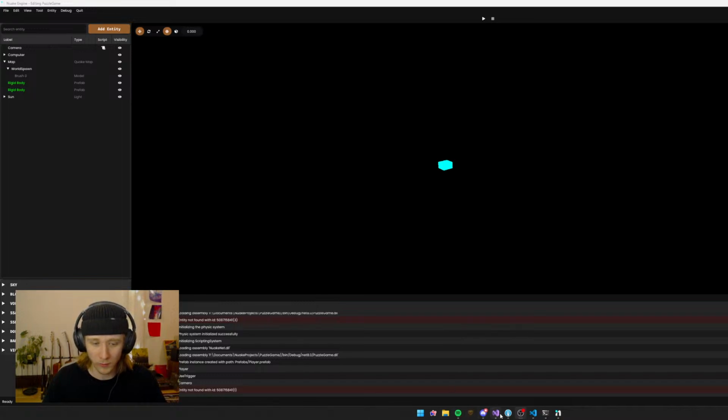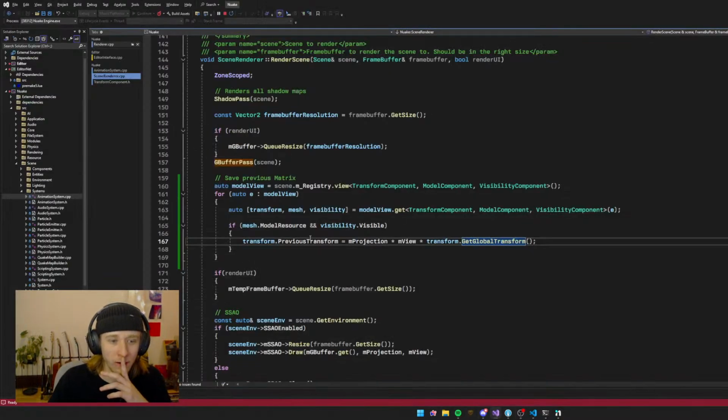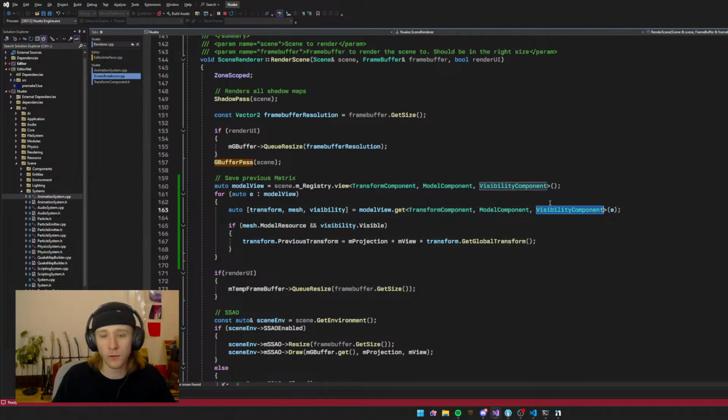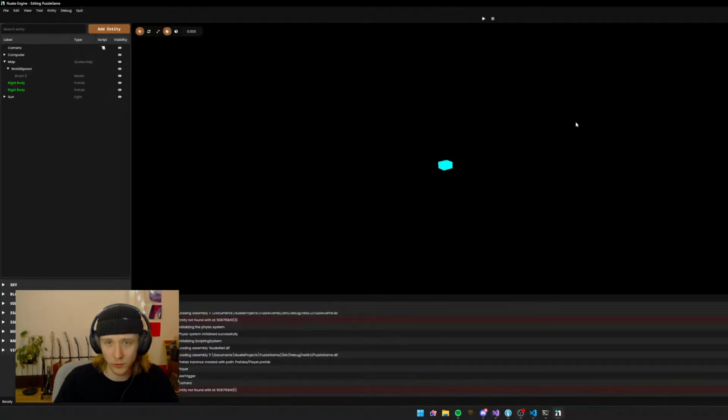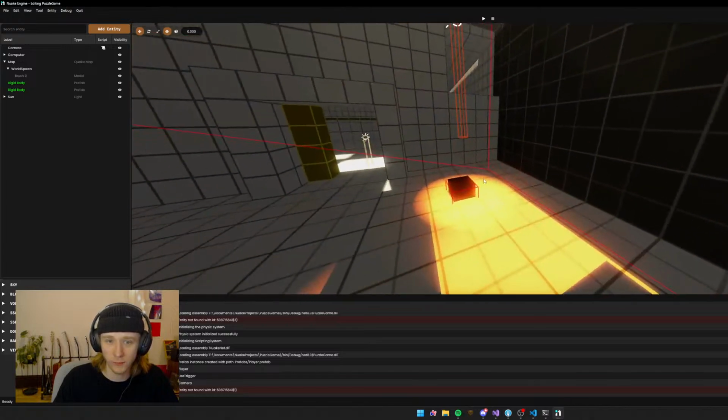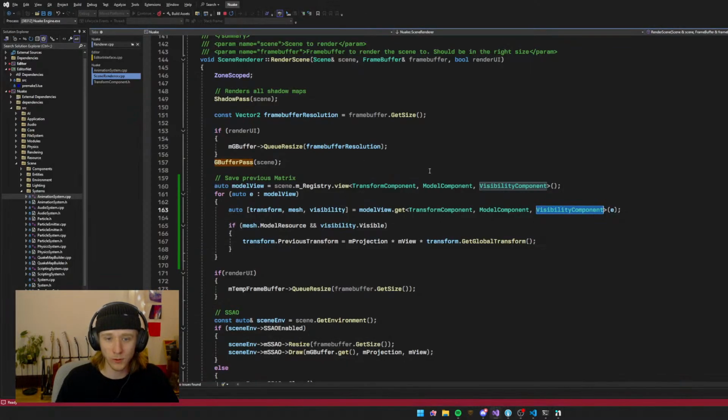I think I was on the right path with, oh, maybe it doesn't have a visibility component and it's not getting filtered. No, it definitely does. All right,